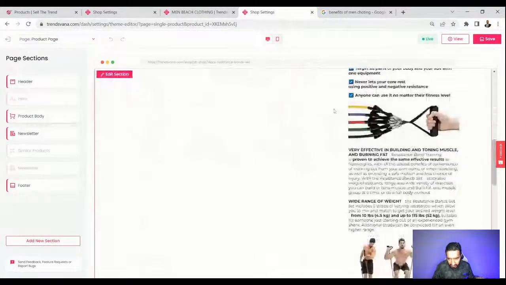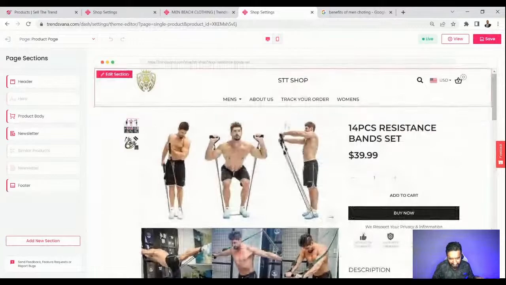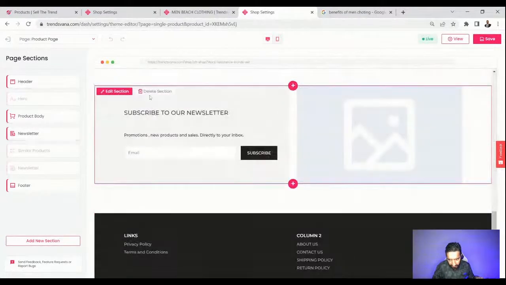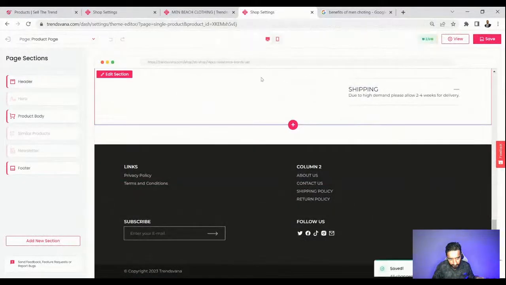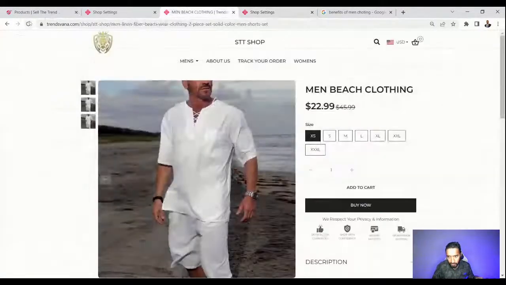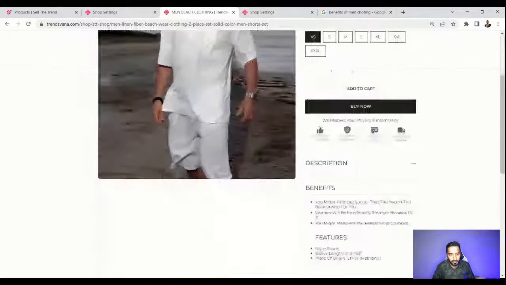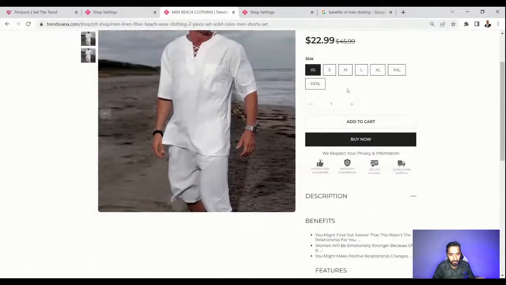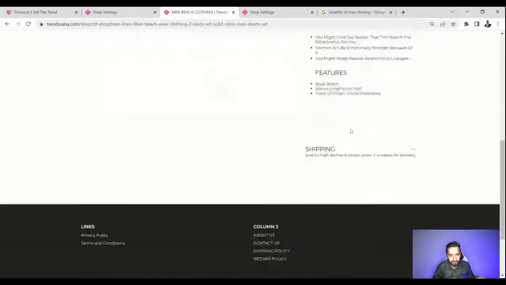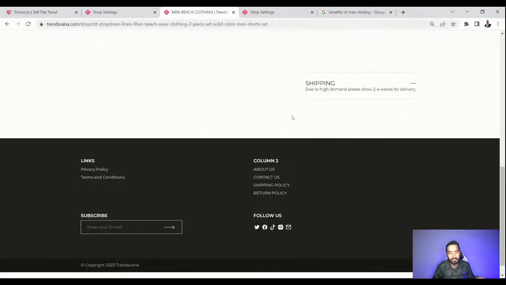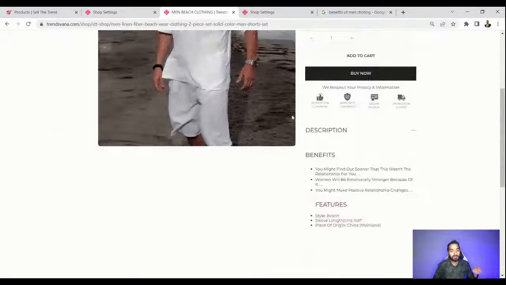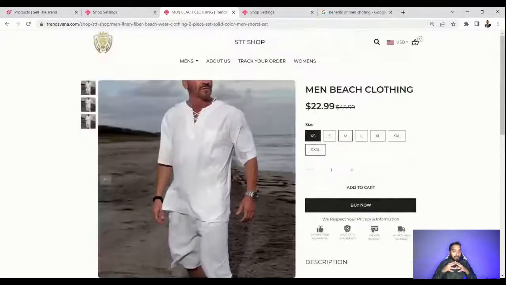So this is basically an example. So I just need to delete this. Once I click on delete section, I click on save. Now I won't see anything right now. So the title is optimized. You have the different sizes. You have the benefits, features, shipping, no newsletter sections, right? However, this product page is still missing one thing, which is the